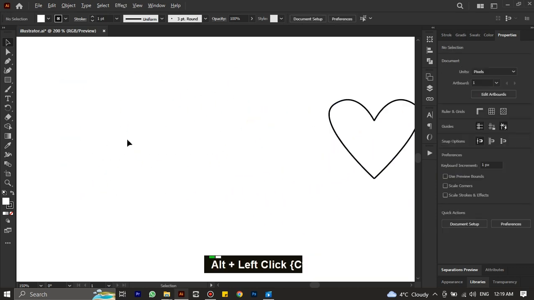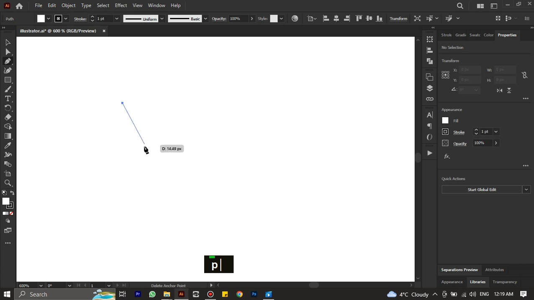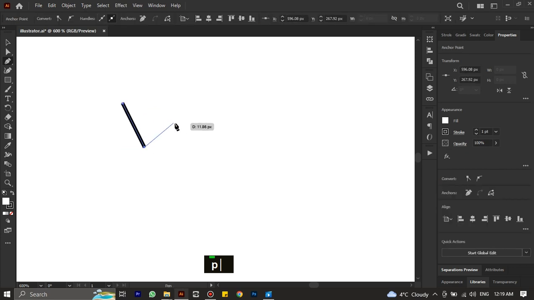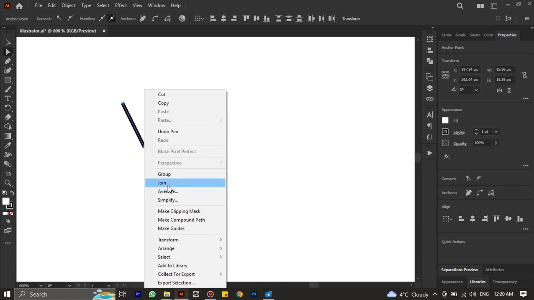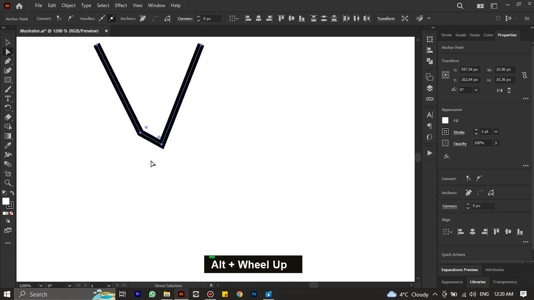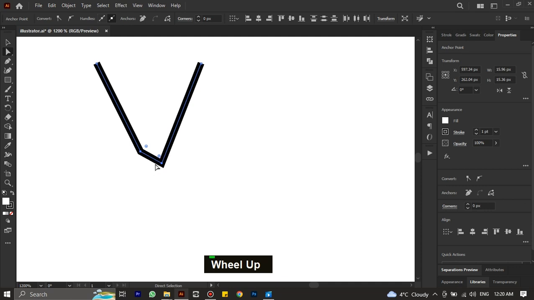I'll stop here for a moment and explain about joining. I'll put this aside for now. Let's say I have 2 lines and I want to merge them from here. I'll select both points, right-click, and select Join. See what happens? It made a line between them, and obviously it was joined, but actually, I didn't want it